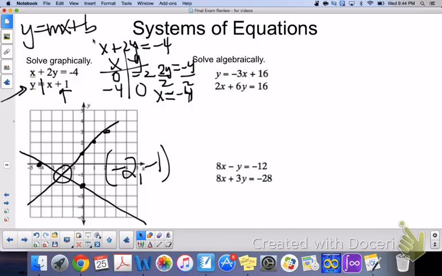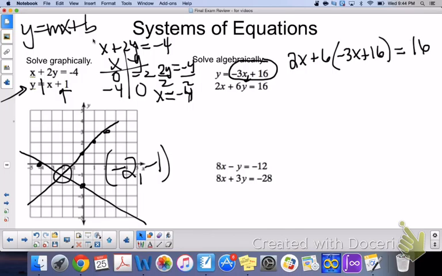All right, solving algebraically. Two different types. The first one, we have y equals, and then we have 2x plus 6y, so x and y on the same side. That one is set up for substitution. I'm going to take this y equals, and I'm going to substitute that in for y in the second equation. So now I have 2x plus 6, but instead of y, I'm going to substitute in negative 3x plus 16